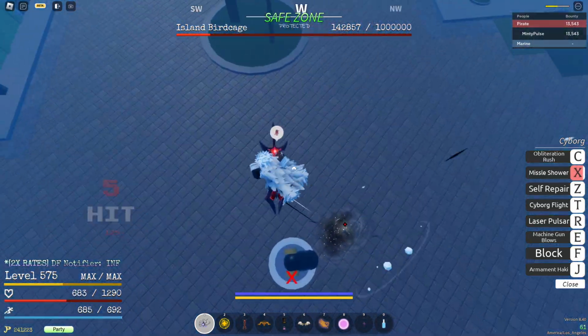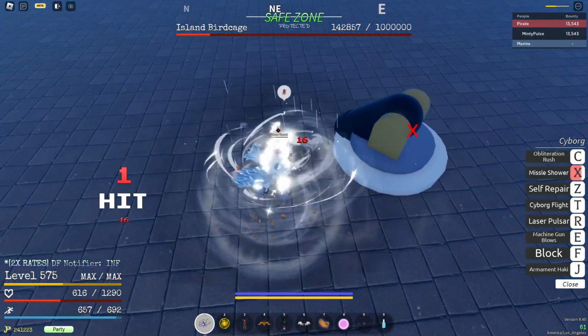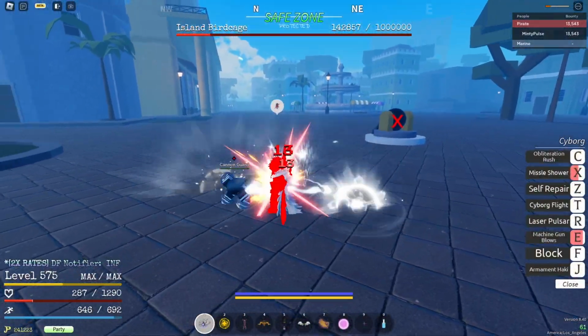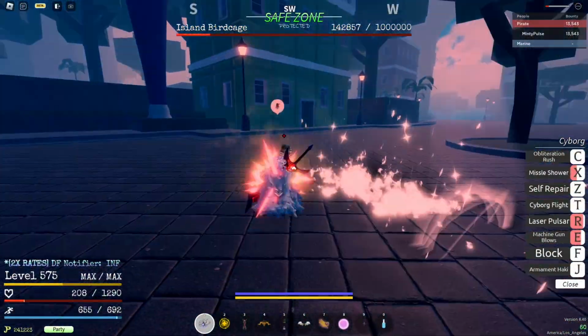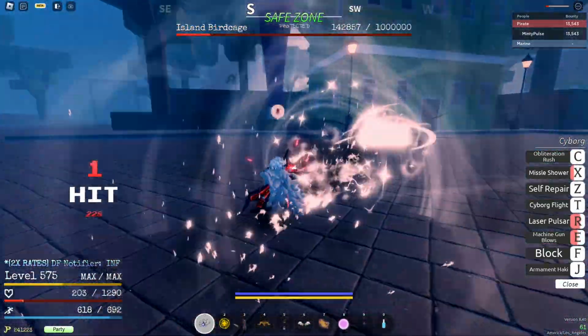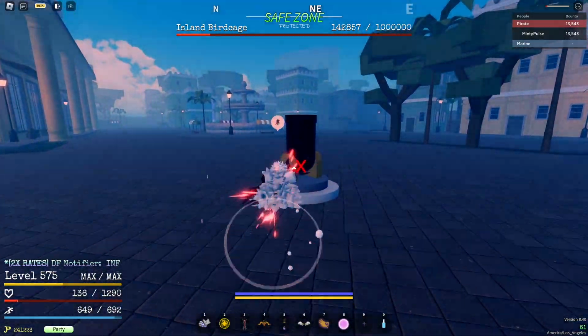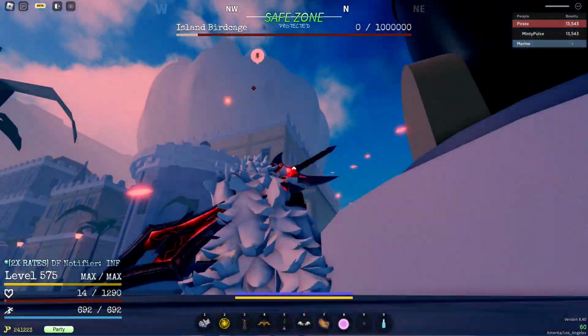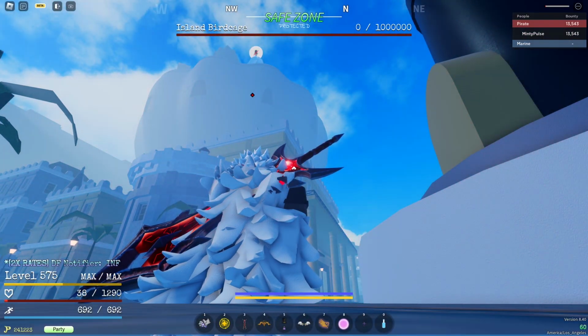So right here, I should have reset when my missile shower failed, but I got kind of confident because I've been doing it for so long that I just machine gun blowed him, and that was my mistake. I should have just reset, got my HP back, and waited for my cooldown to come back and then finish it off. So as you can see, I barely completed the cannon, but I looked up at the birdcage, and